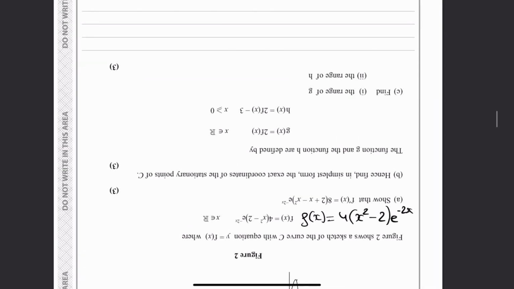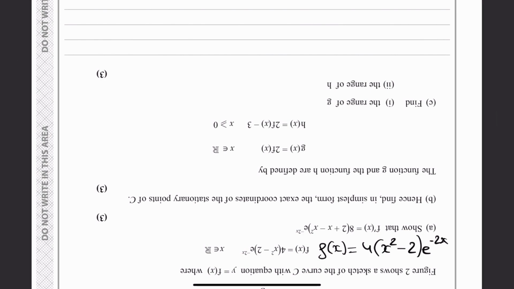And the function g and the function h are defined by that. g of x is equal to 2f of x, okay? h of x equals 2f of x minus 3. Find for part C(i)